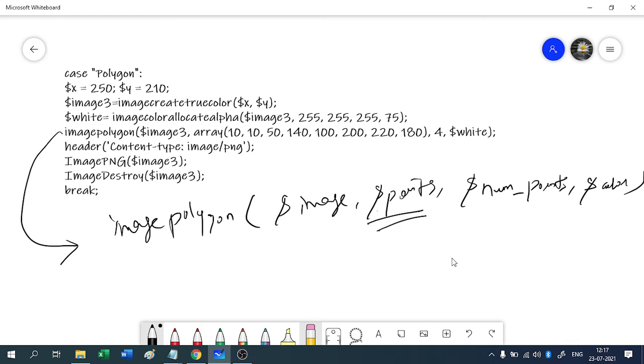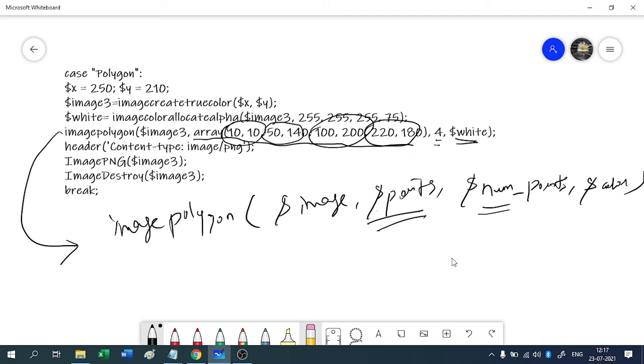Then the points, we are defining using an array: 10, 10, 50, 140, 100, 200, 220, 180. So here we have 4 points: 1 point, 2 point, 3 point and 4 point. The next parameter is the number of points, that's why here we are giving 4. Then the color is white. Why white? We created the color using image color allocate alpha, then assigned that value to white.